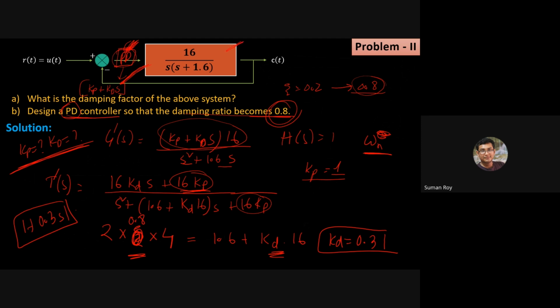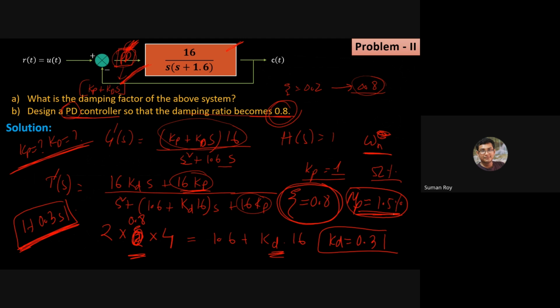Okay, and if I use this PD controller, then my zeta becomes 0.8. And if you calculate with the help of zeta, what is the maximum overshoot? The maximum overshoot will be turning out to be 1.5%. So see how drastically the PD controller helps us to reduce this maximum overshoot. It is coming down from 52% to 1.5%. It is a huge improvement. So by using this Kd and Kp value, you can reduce the